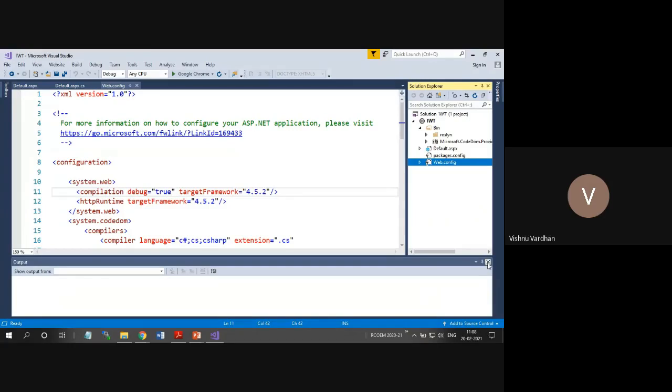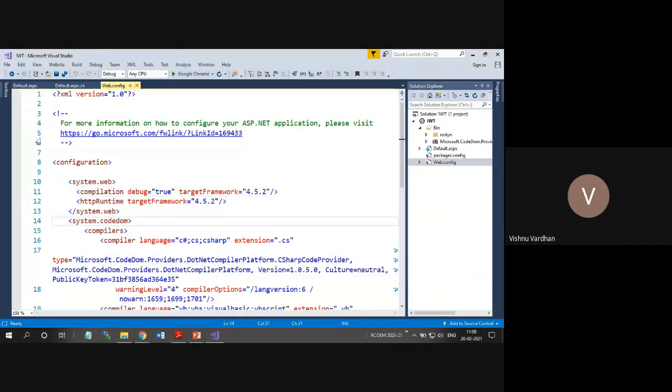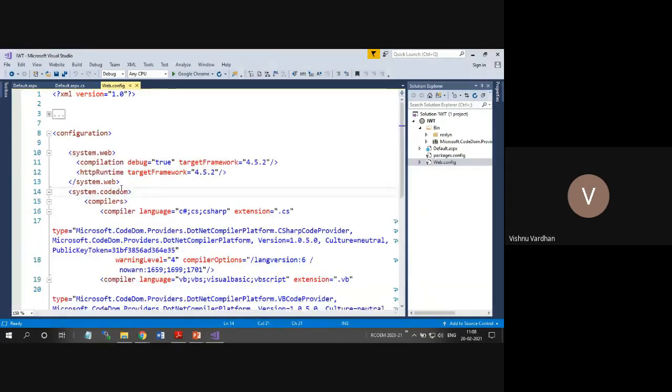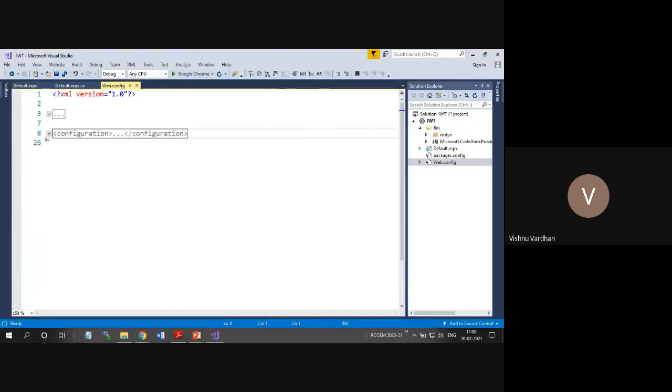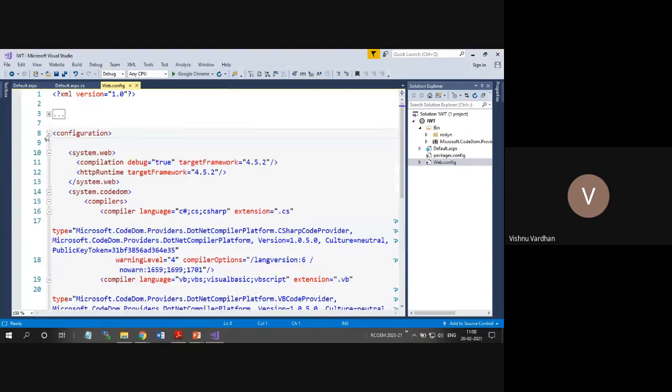So now what is this web.config file? As we discussed in one of the sessions, it is nothing but an XML file. You can see the PI here, the processing instruction. What is the root name? The root element name is configuration.